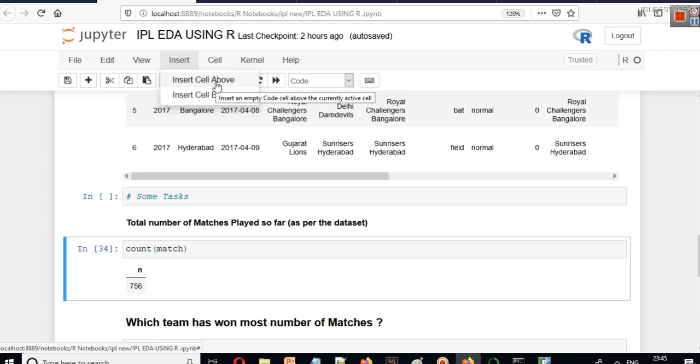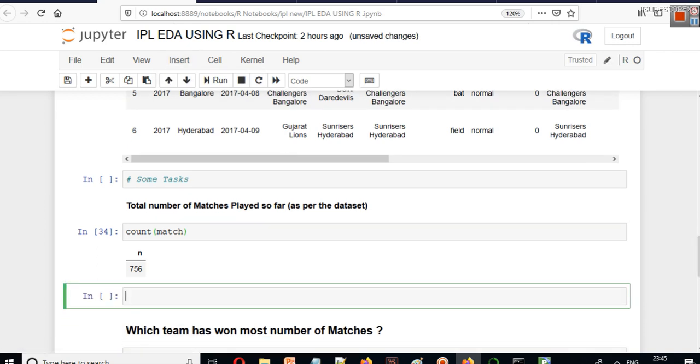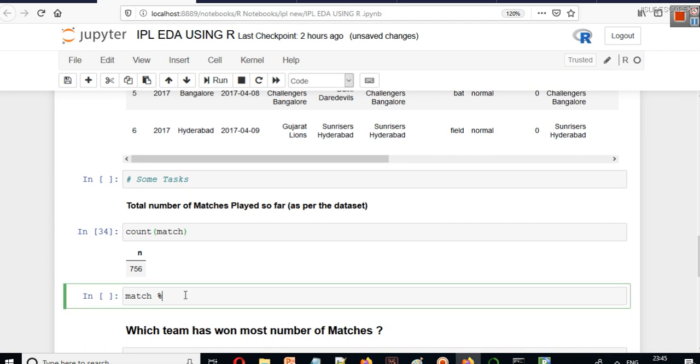Using dplyr we can use another type of operator here. We can write match, then the percentage sign, greater than sign and percentage sign, and there is a method called summarize. In this method summarize we can give the name of some column.